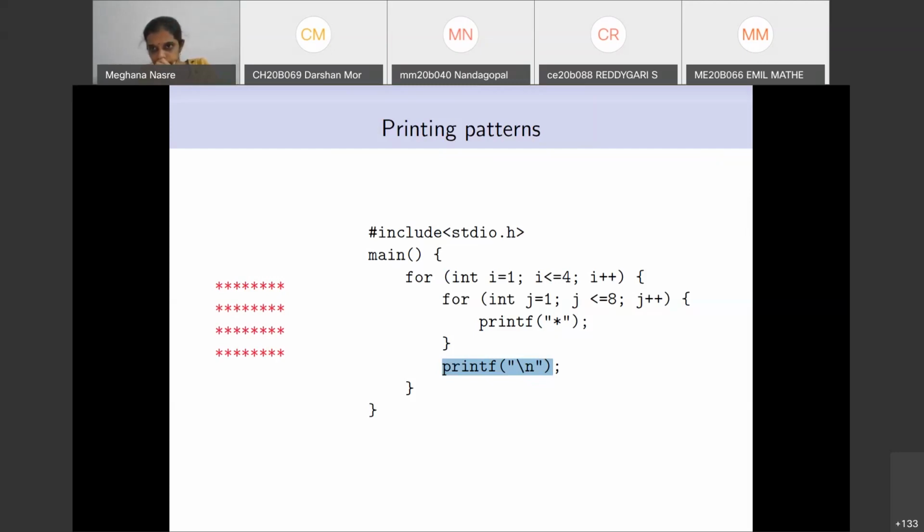My one friend has done this. I am unable to hear you clearly, Emil, but what you are saying is it is possible to do this without the nested loop. Is that the statement that you want to make? Yes, ma'am, it can possibly be done, but the code will become a little more complicated, as you'll have to control two variables. This is the most natural code that you are going to write for this pattern that you are asked to print. Is that right?